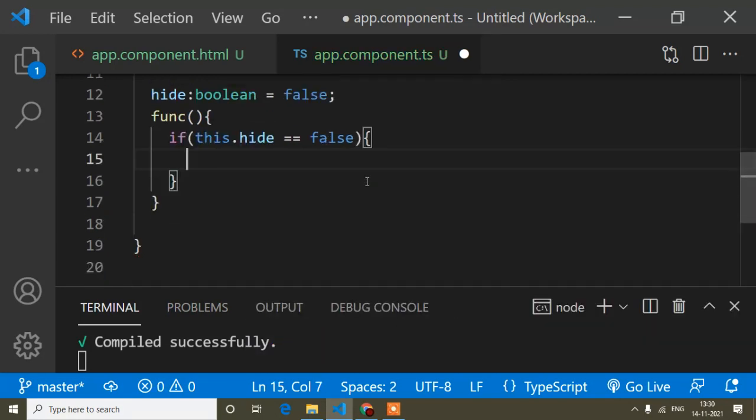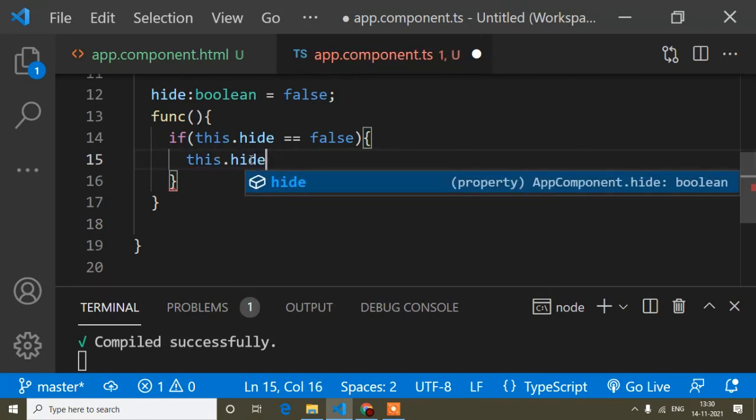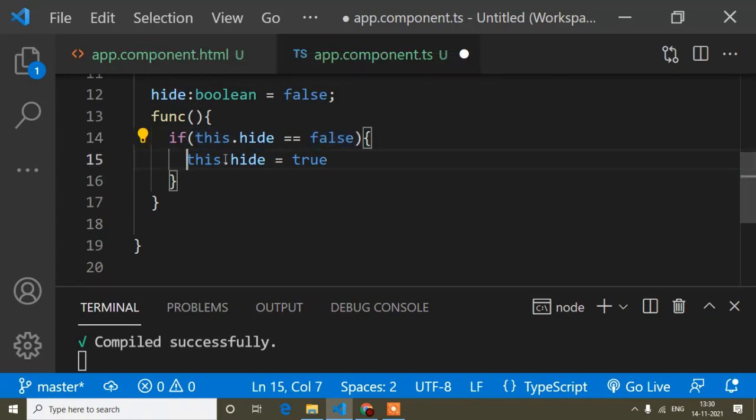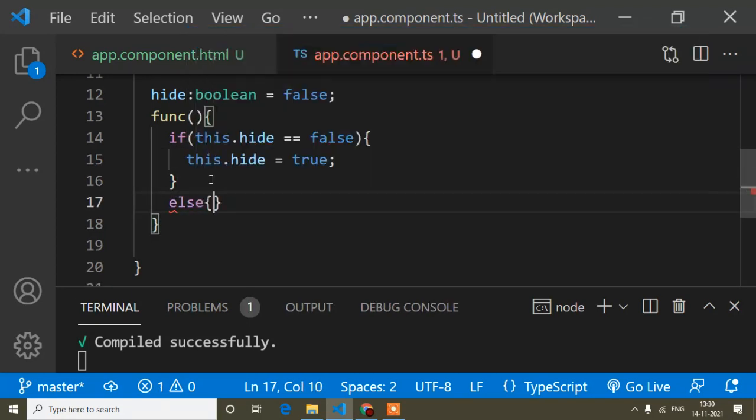So here I have written a condition: if this variable is by default false. I mean not single equals to. Single equals to means I have assigned a value, but double equals to means it will check whether it's similar to false or true. Okay, so when it finds it's similar to false, now in this height variable I will assign true. Okay, I mean first of all when it finds it's similar to false, I will assign true. And here I will write an else condition.